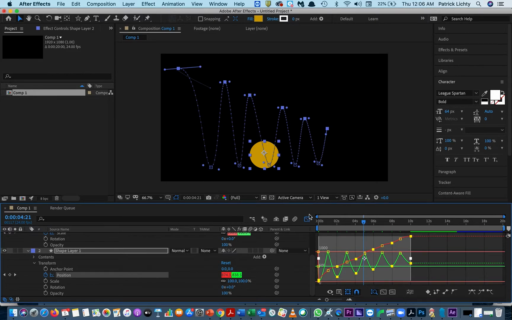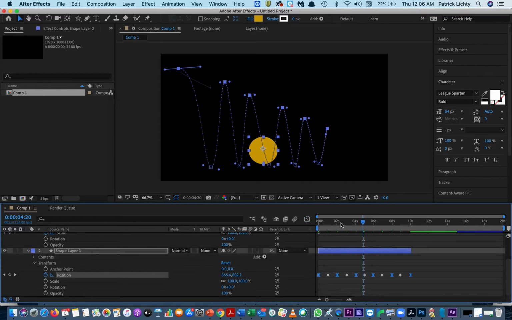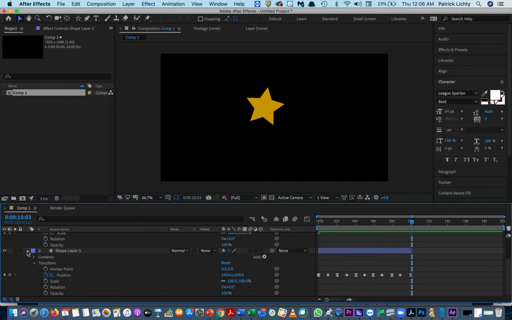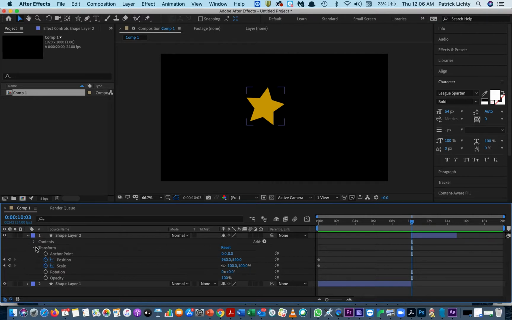So let's turn off the graph editor and just go over here and see what this looks like. That's pretty amazing, isn't it? Okay. So let's go over and just take a look at the star for a moment. And really, I'm going to do two things. Let's collapse the circle. Let's just go to the star, go to the transform, and what I'm going to do